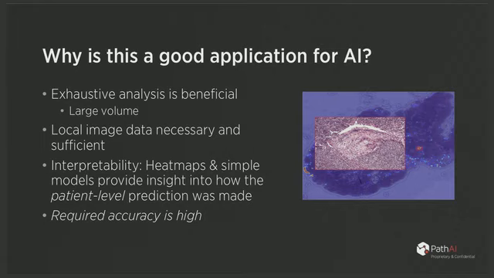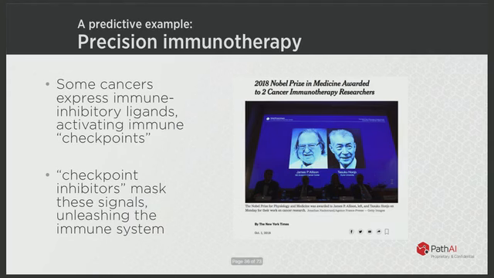And then we can interpret the outputs of the model. Even though the model itself is a black box, we can visualize the output on top of the image, which gives us an incredible advantage in terms of interpretability of what the models are doing well and what they're doing poorly on. And it's a specialty of pathology where 80% is not good enough. We want to get as close to 100% as possible. And that's one diagnostic application.